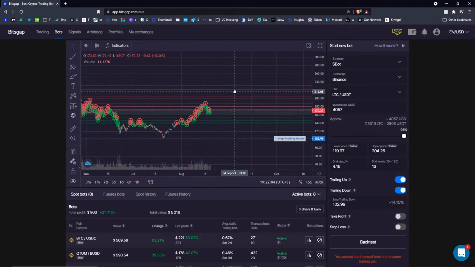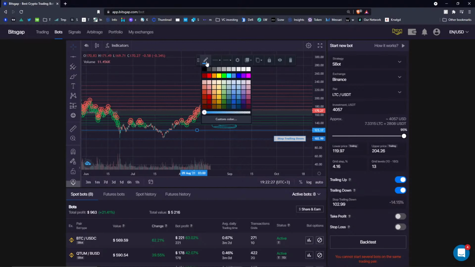If I enable my trailing down now and the price goes below my trading range, which is here, that's the lowest price I have here, 135, it's gonna plot new limit buy orders, and it's gonna use